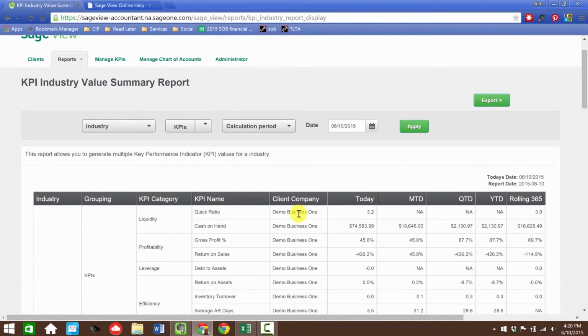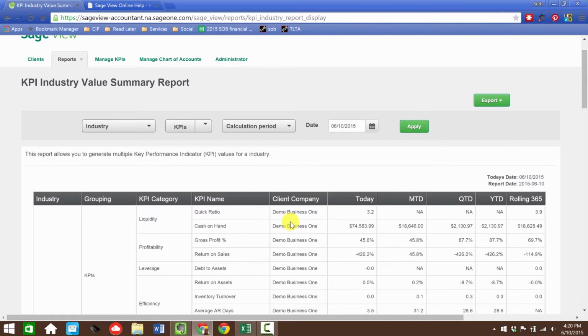And then within that, I have the specific KPI category. And notice here I have the different client companies. So if I had more than one company, then I would see those in here. So I'd be able to see all the companies in a particular industry and what their information looked like. Now this could be very useful information, especially if I'm an accountant who specializes, let's say, in certain industries. Then for at least one of my industries, for example, I can see how I could sort of pit my